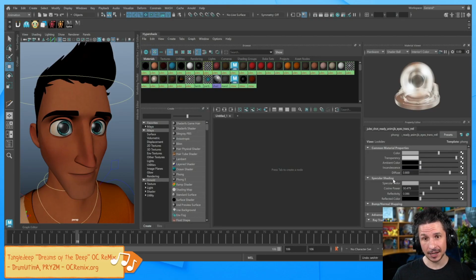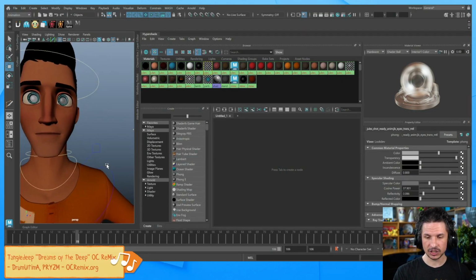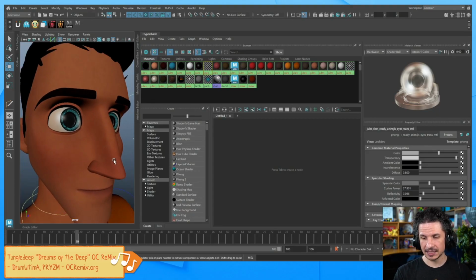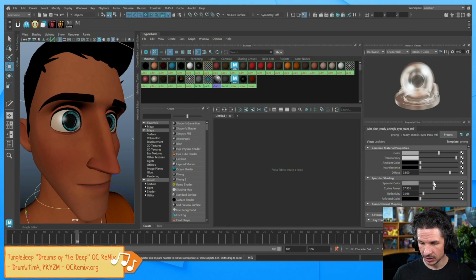All I need to do is animate the specular color. So what I can do is turn down the reflective color here, so his eyes are less shiny, essentially. And then as he's supposed to get more teary-eyed, I just raise this up and it's going to make his